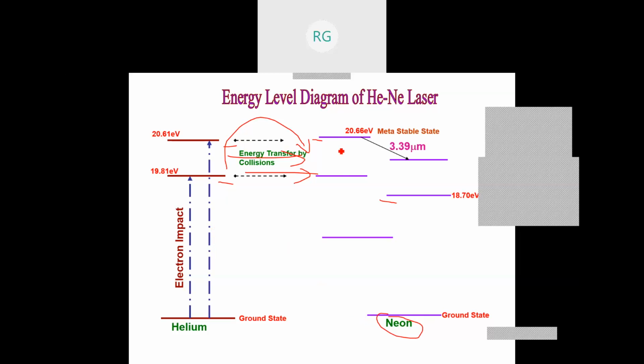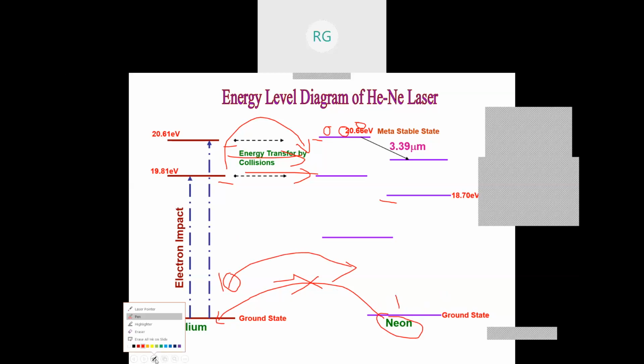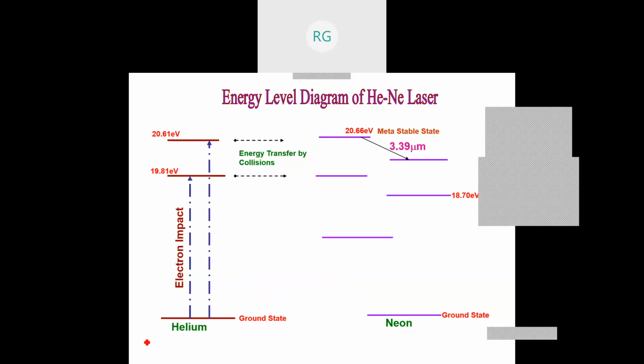So here we have neon atoms because of preferential transfer of energy from helium to neon. You may ask another question also, because neon atom can also transfer energy to helium, but that is not possible. This is not possible because we have 10 helium atoms for one neon, and therefore the chances of impact of neon atoms to helium atom is very less. Hence helium atoms only will transfer energy to neon once, and thereby,